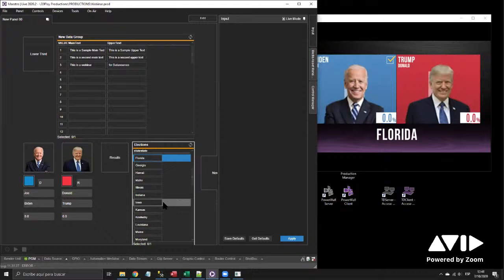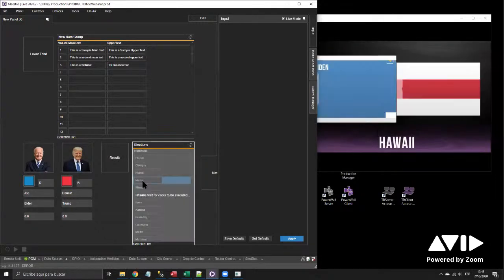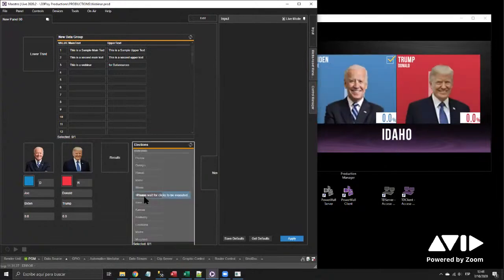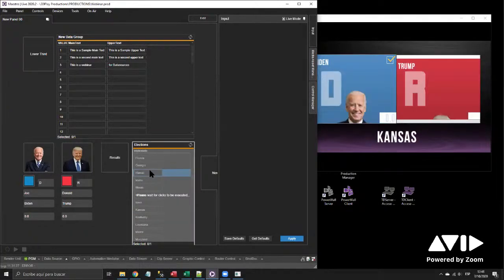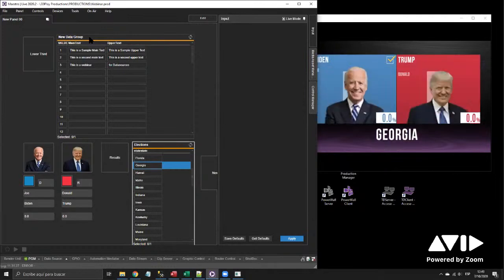That state is stored in a global parameter, and this control in here uses that global parameter as a filter and brings only the information from that specific state. You see that displaying automatically. This is because in the data group,